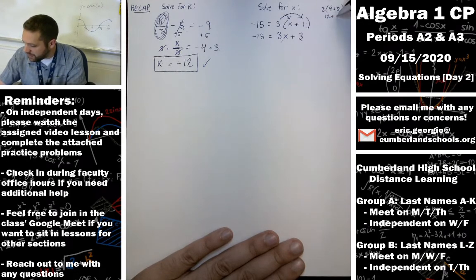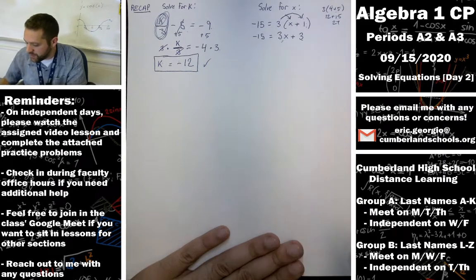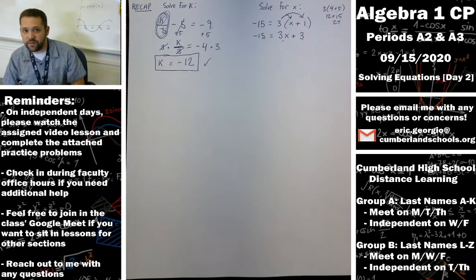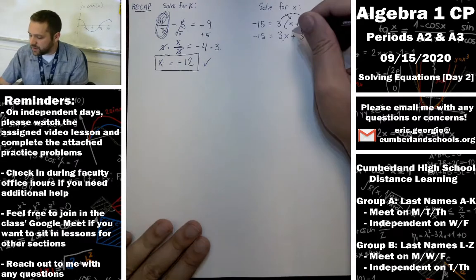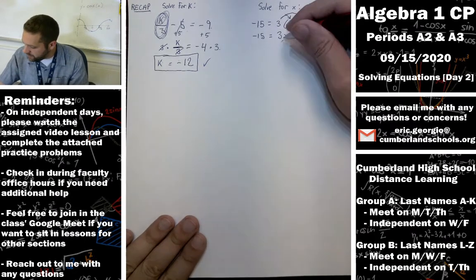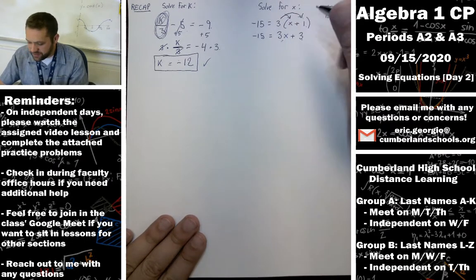Plus 3 times 5 is 15. 12 plus 15 is still 27, right? So it checks out, even with regular old integers. But anyway, going back to this problem here, in order to now solve for x, we can do exactly what